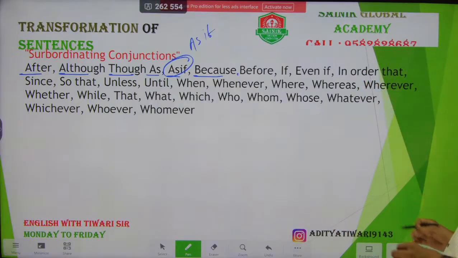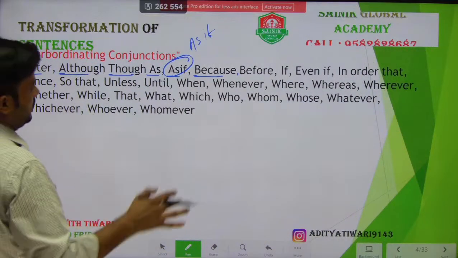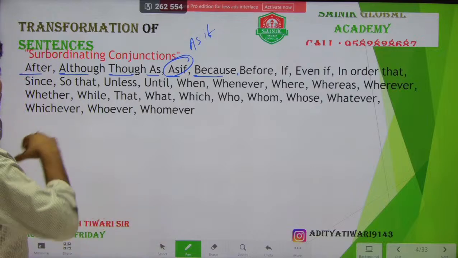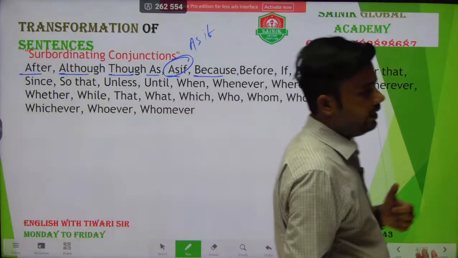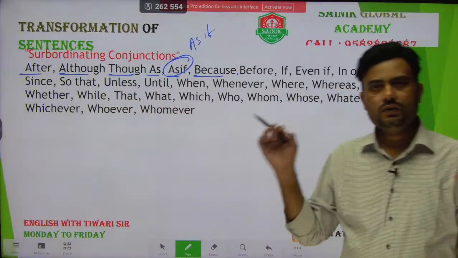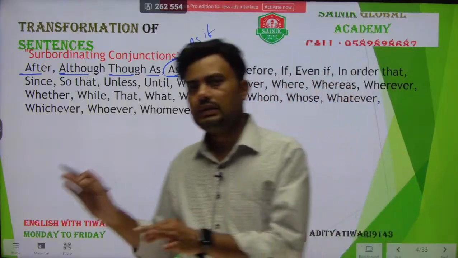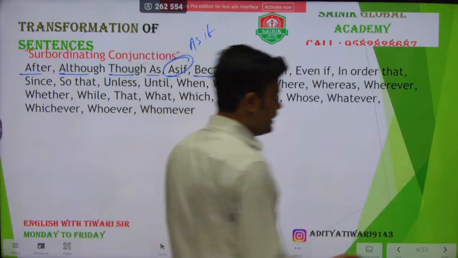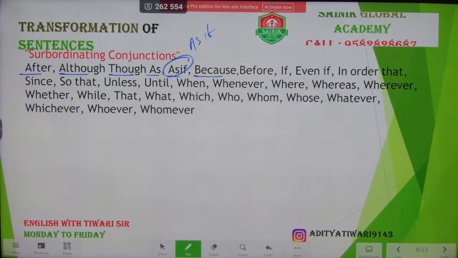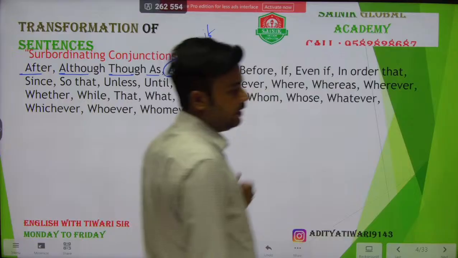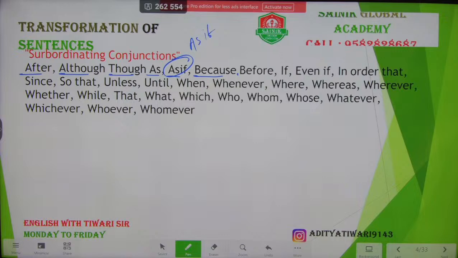There is no shortcut trick to learn subordinating conjunctions, so you need to learn this. Until you learn it, you won't be able to remember subordinating conjunctions in your mind. If you don't keep all these words in your mind, you won't learn subordinating conjunctions ever. So please learn this. You can take a screenshot or note it after my live classes, because if I give you time to note it down, it will take so much time.